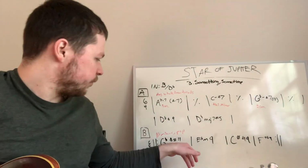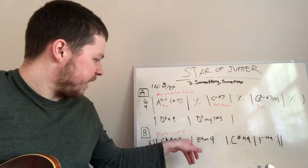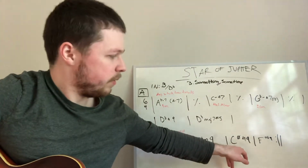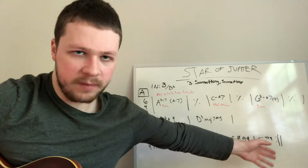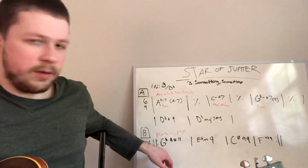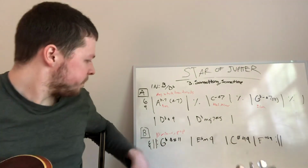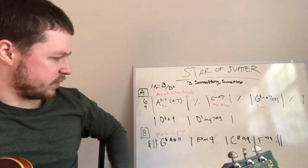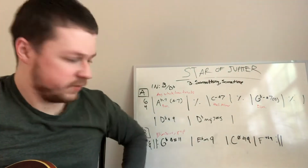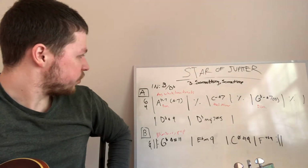You can still go to a G flat because, you know, the upper structure of G flat major 7 sharp 11 is a B flat minor 7. So whereas this progression would normally go to a B flat minor 7 or minor 11 or whatever, it can also go there because B flat minor 7 is the upper structure of this chord. Other than that, it's all diatonic, it's all in the key. This natural 9 is borrowed from the 6th mode of melodic minor, so a little bit of modal interchange there. Other than that, that pretty much sums up